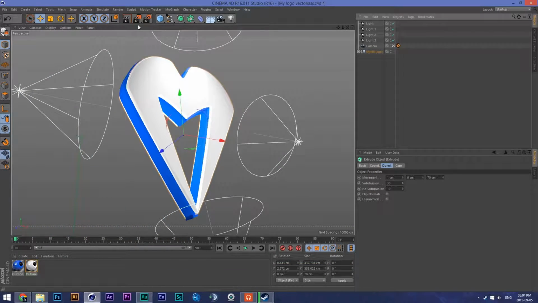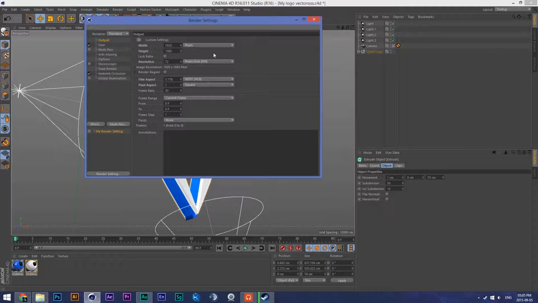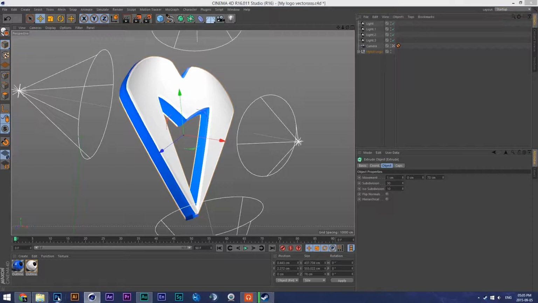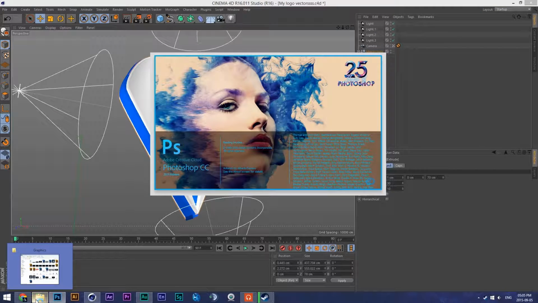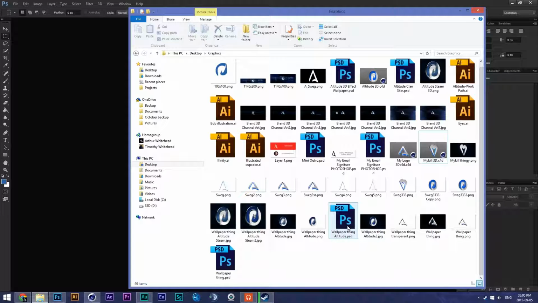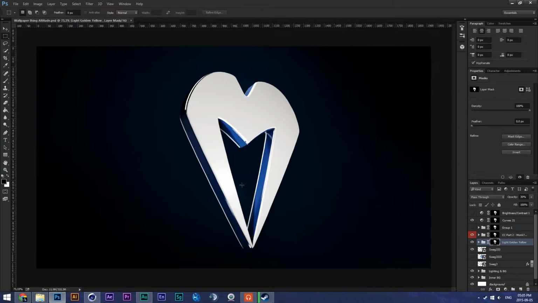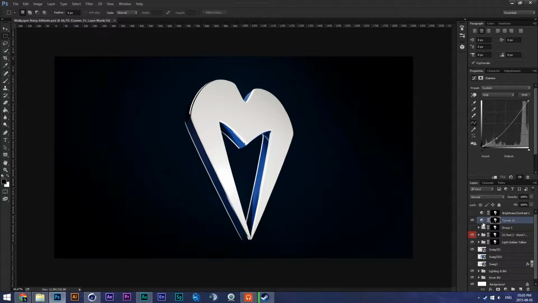If you have bigger objects and you want higher resolution, you could just go and export in higher resolution. Then I'm going to go into Photoshop, and I'm not going to show you how I made it look a lot better, because that takes a lot of time. It's going to take a long time. So I'm just going to load up a preset. This is what I have with a whole load of